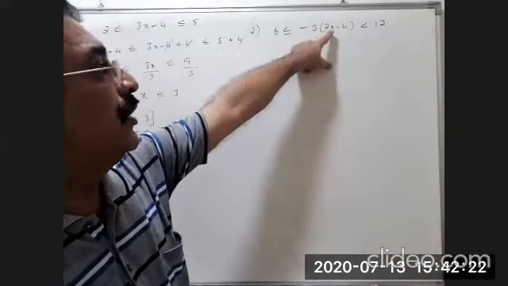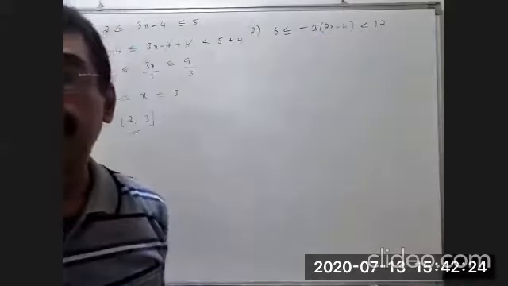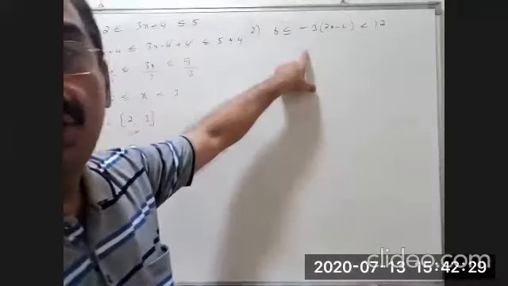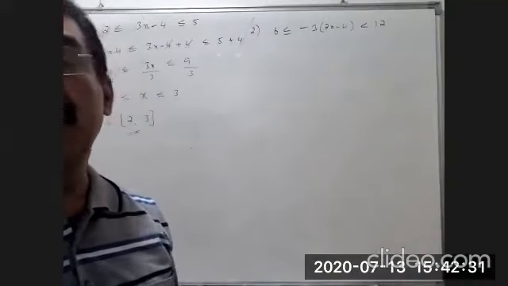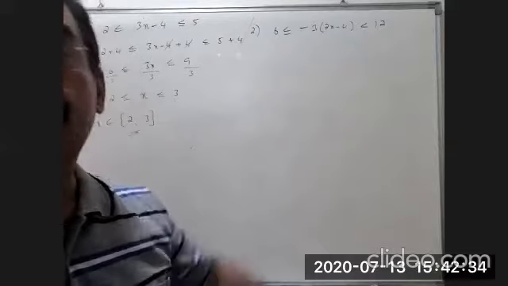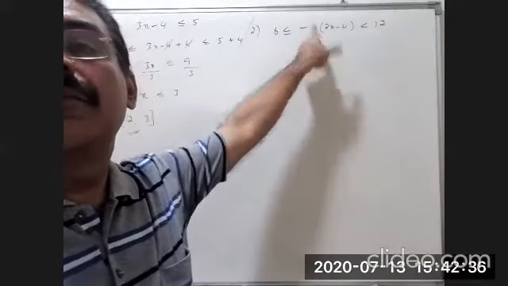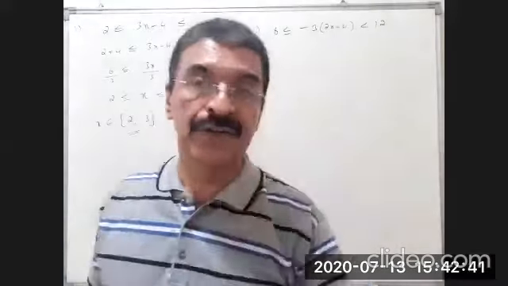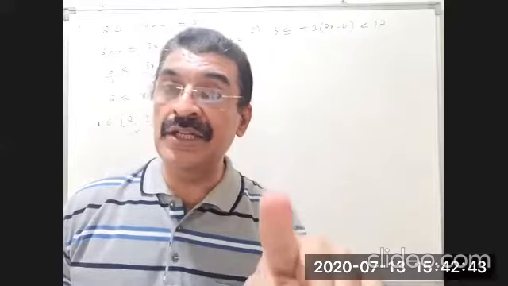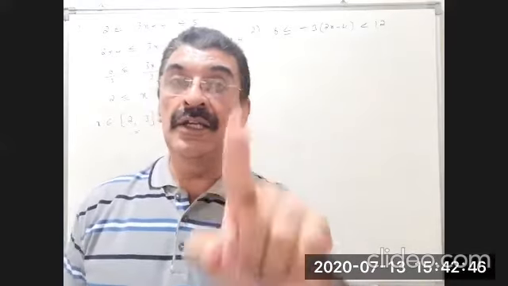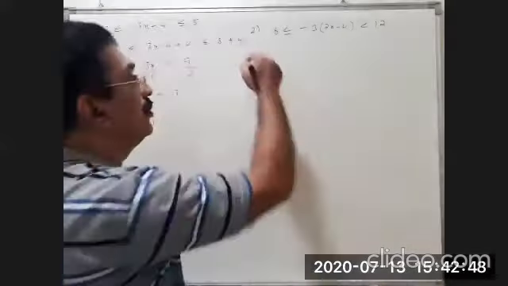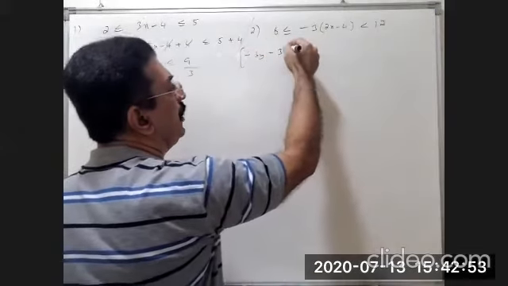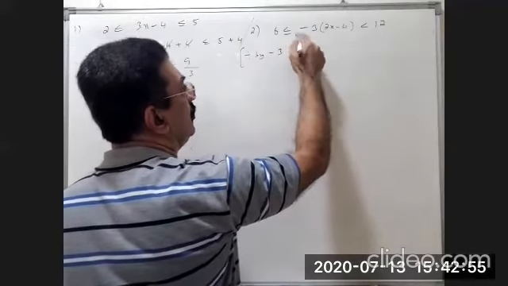We have to get rid of 3, 2, and 4. Out of these 3 numbers, which one do you prefer first? Which one should we not prefer? Definitely minus 3. To get rid of minus 3, we have to divide by minus 3. But dividing by a negative number, remember that the inequality will reverse. So write that in brackets: dividing by minus 3, that is negative,